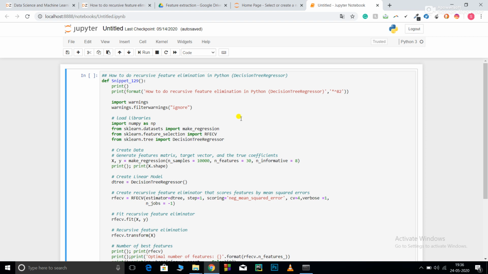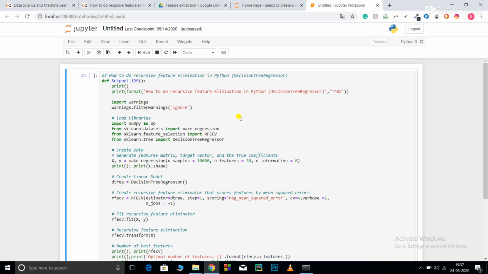Recursive feature elimination recursively selects your features. It first picks up all the features and trains your model on those features. It also provides a weight to each individual feature. Now it calculates the score, and after that it drops the feature with the least important score.